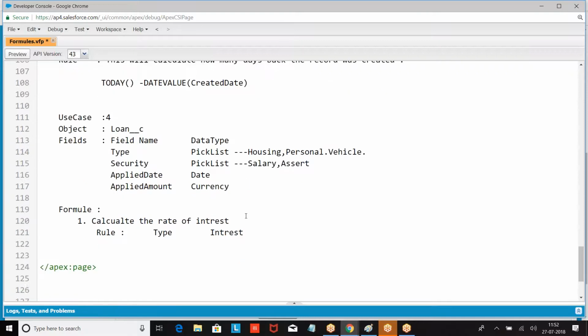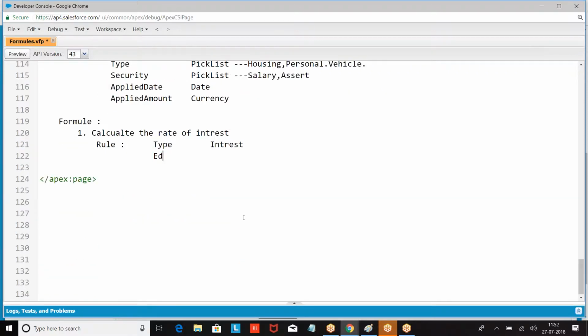If loan type is education, 12%. Housing, personal. Now create a formula to calculate the rate of interest.